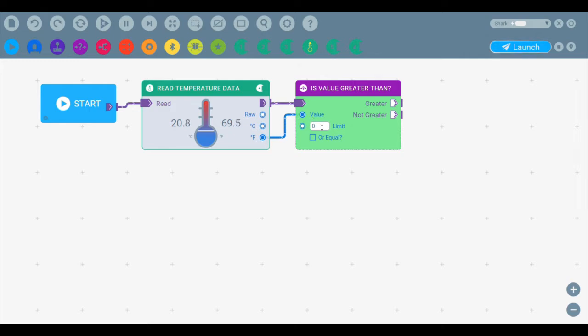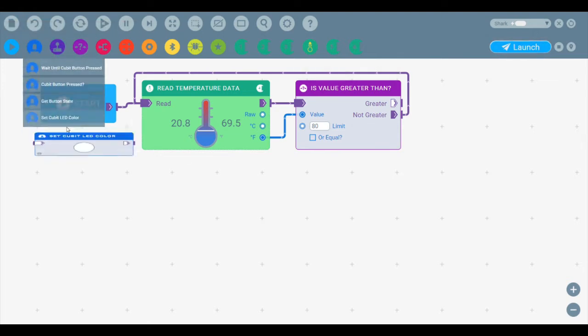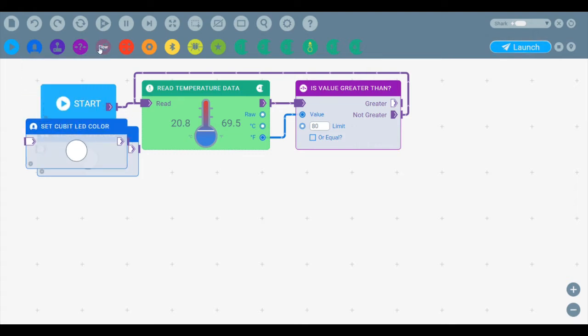Set the limit on the Greater Than block to be the temperature you want to be notified of. I put 80, since I want to stay cool. Loop the Not Greater link back to the temperature sensor, so it will keep gathering data. Now, grab two Set Qubit LED color blocks, and one Wait block. Link one LED block to the Greater pin,